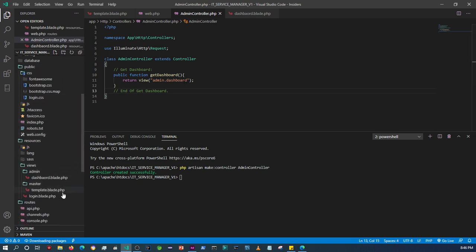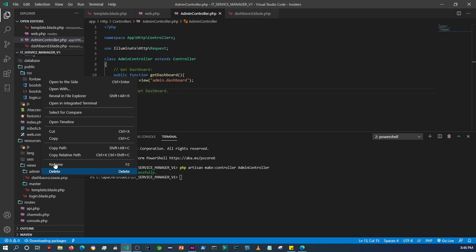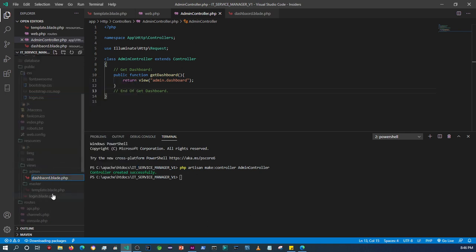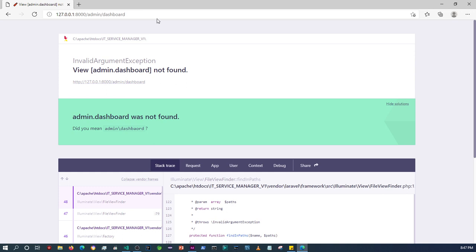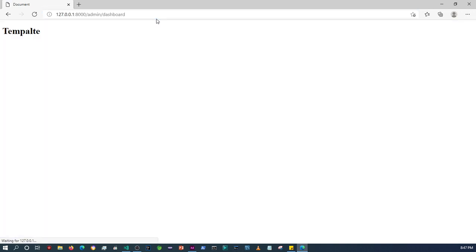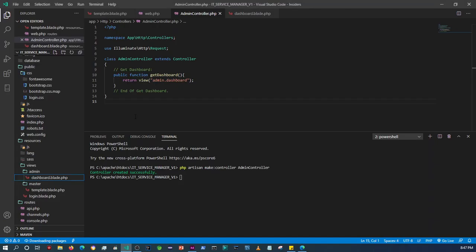Oh, okay. Let's see what the problem is. Misspelled dashboard. Okay, let's try again. Okay, so as you can see, though we typed this template message over here or text over there within the